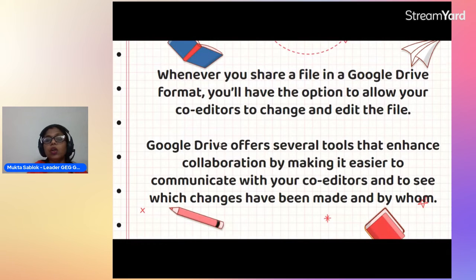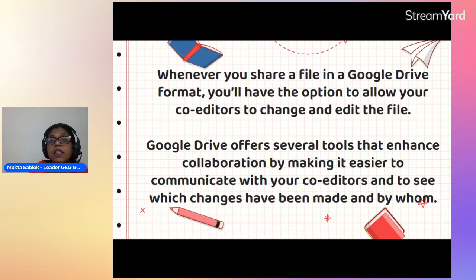Okay, so it is showing that whenever you share a file in a Google Drive format, you'll have the option to allow your co-editors to change and edit the file. I've already shown you that. Google Drive offers several tools that enhance collaboration by making it easier to communicate with your co-editors and to see which changes have been made.